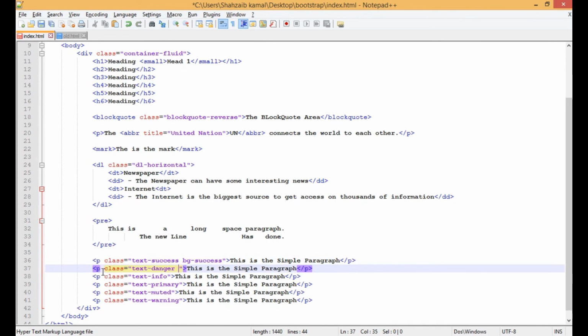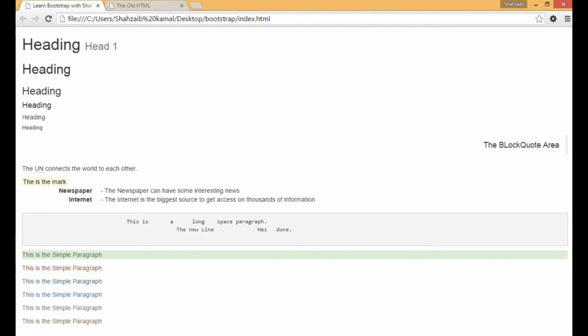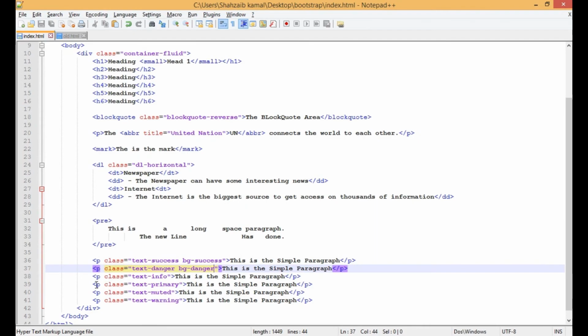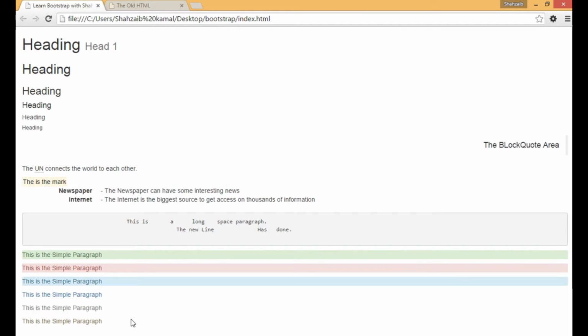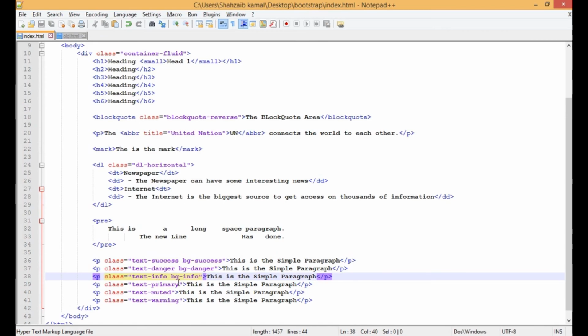So by the way, here the BG danger, save that and refresh that. Okay, now here I'm applying another one. Well, this is not necessary to apply the text as well. We can only work on BG or only on the text, by the way. So refresh that back, looking same, going there and pressing space and typing BG primary, and then going there,